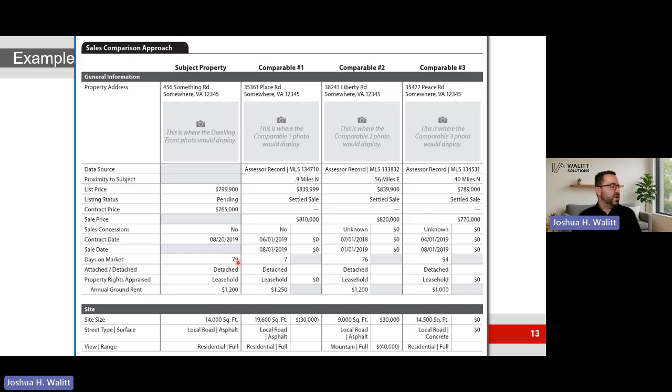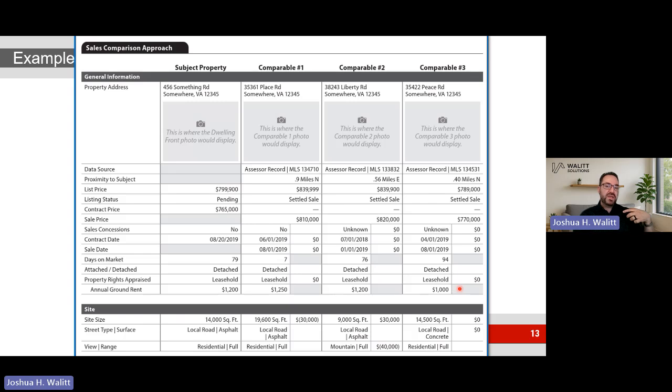Now, notice here we have property rights appraised are leasehold. There's going to be contingents. We already saw that. Remember in that excerpt out of Appendix F, we saw it's contingent on. Now, in this particular case, this row appears if it's anything other than the fee simple, and we have ground rent then appearing.